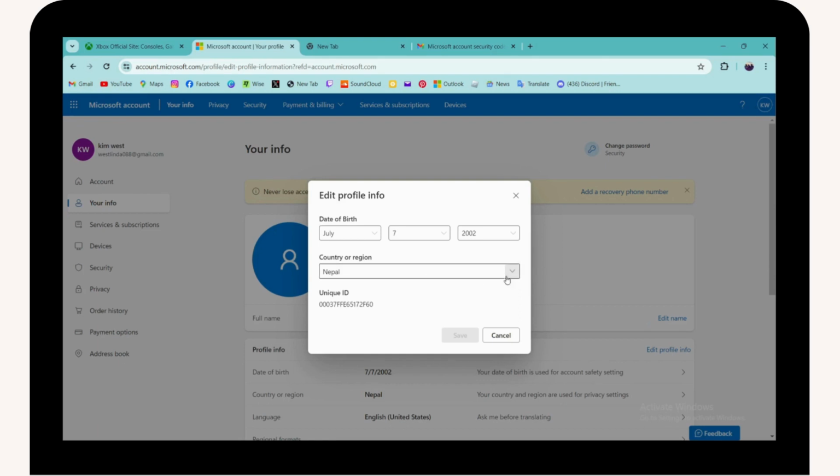So under country or region, you need to go to the drop down bar, and then you can select a country. So remove that country and you can choose another country. Once you choose, you can simply go for save, which is on the bottom, and once you click on save, your country or your region will be saved. So that's how you can change your region on your Xbox PC,